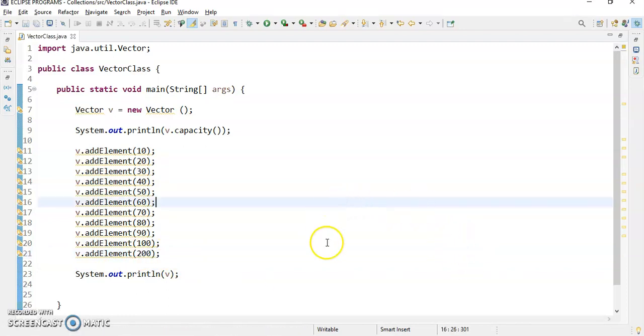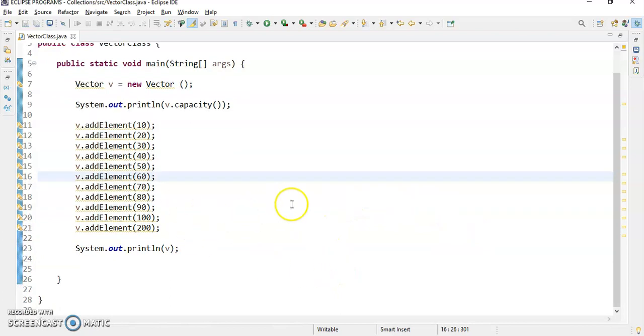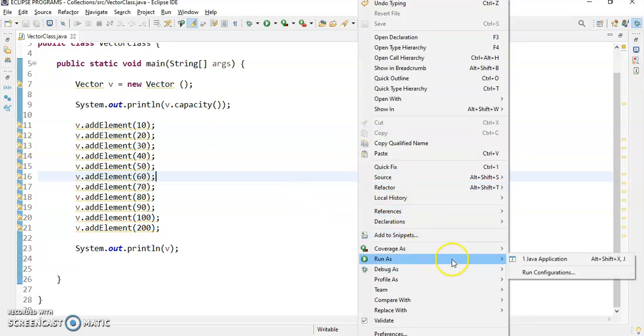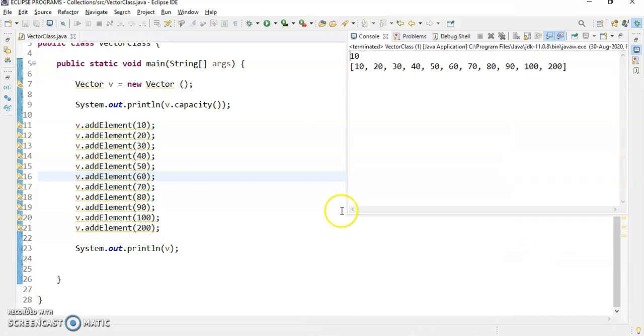Control S. Will this element be inserted into this vector? Yes, definitely it will be inserted in this same vector at the 11th location.